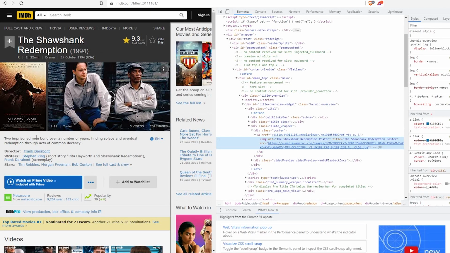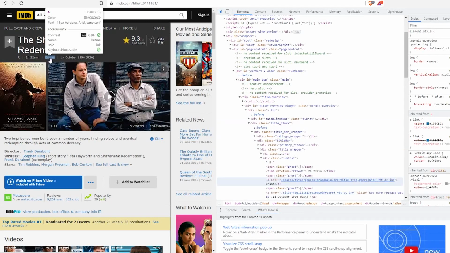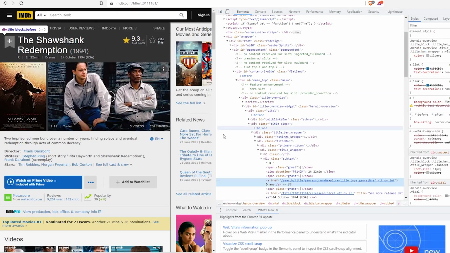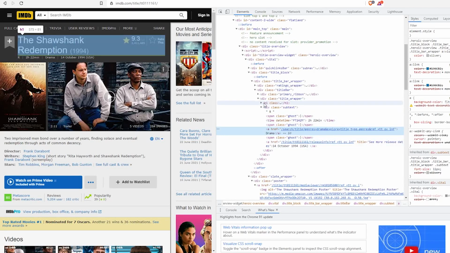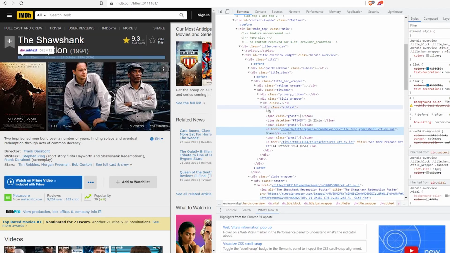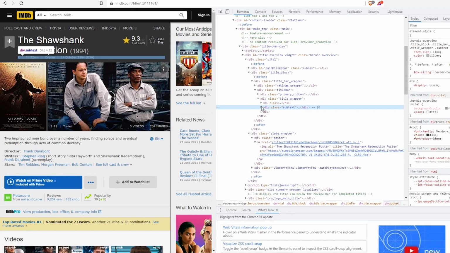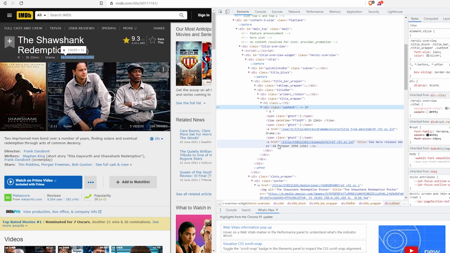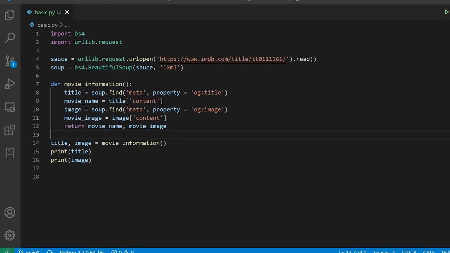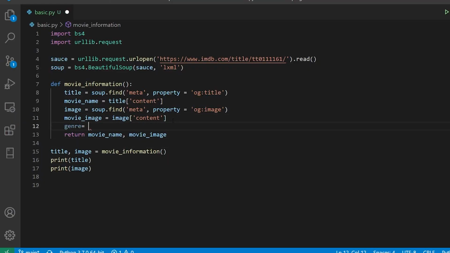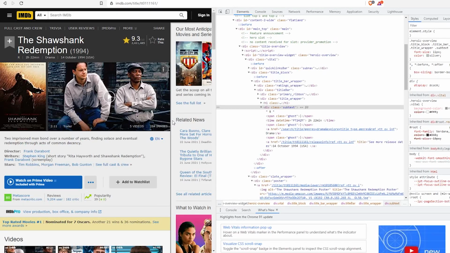There are many things, okay, there are no limitations, but I'll just show you some of the things. So I'll again type Ctrl+Shift+C, come to the drama over here, which is the genre of the movie, and this genre has a lot of things. So now inside this div class subtext, you have all of these things enclosed, okay, so where you have many hrefs and everything, but we want to particularly specify where we can get the drama, and the way we do it. So now here I'll say, so inside the genre I'm going to say